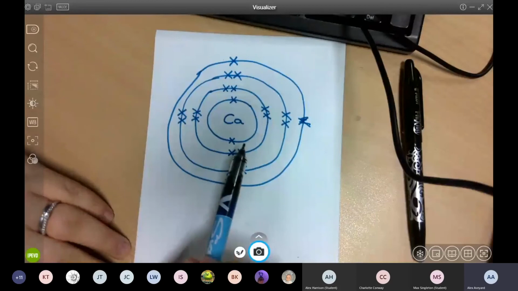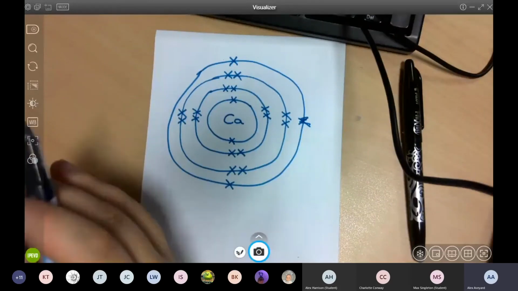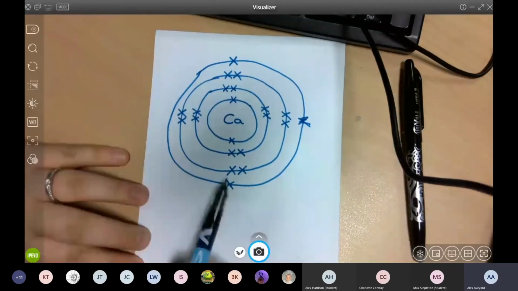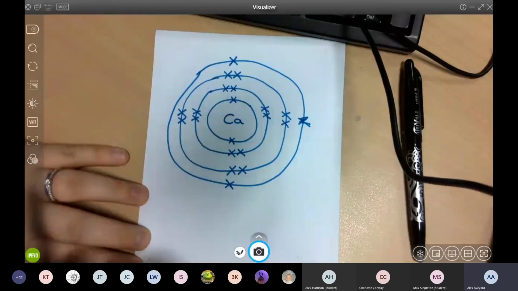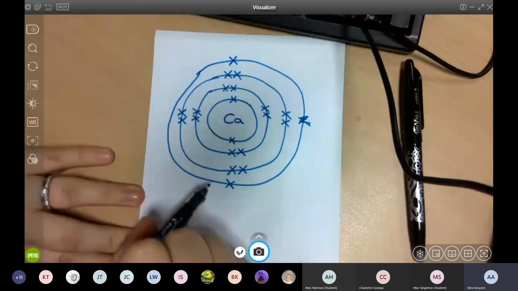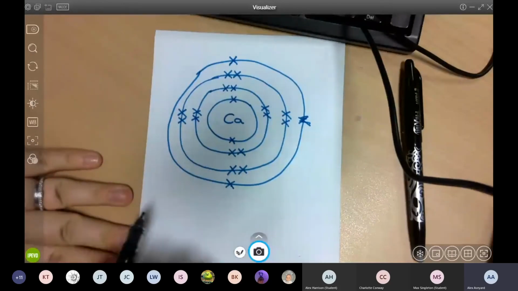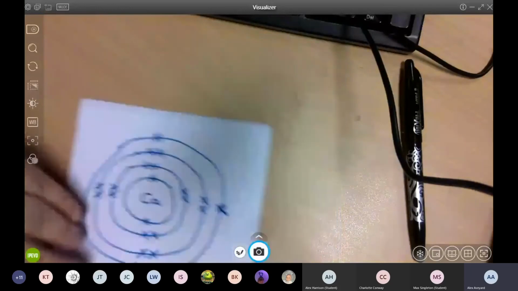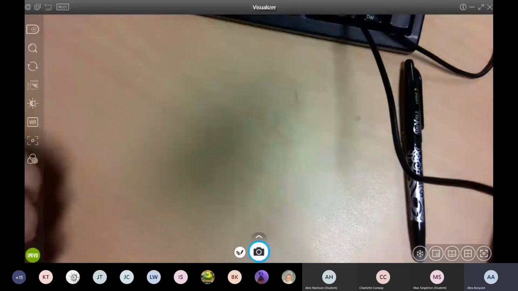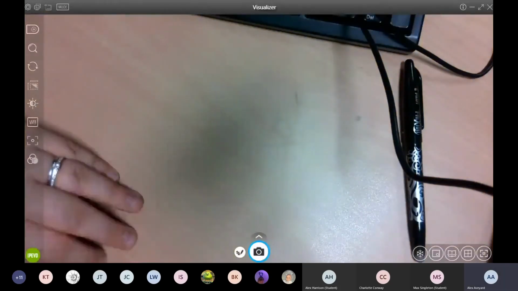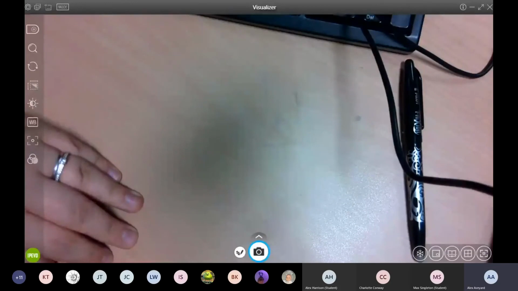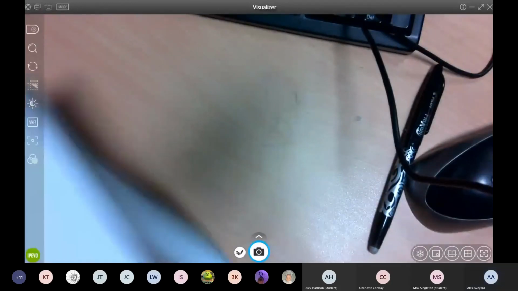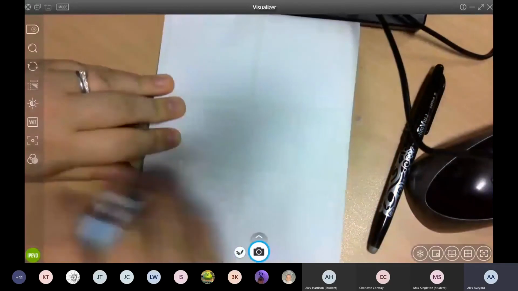It is in group 2. So the reason we know it's in group 2 is because it has 2 electrons on its outer shell. So I've drawn calcium for you. That's the 20th element. Well done, Charlotte. I'm also going to draw for you now a smaller one. Let me get another piece of paper. So this time I'm going to draw